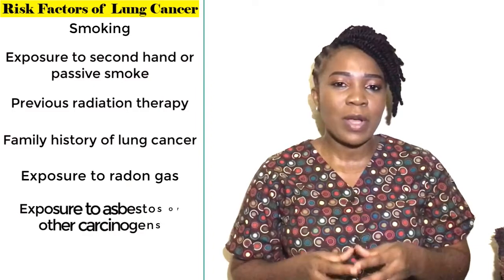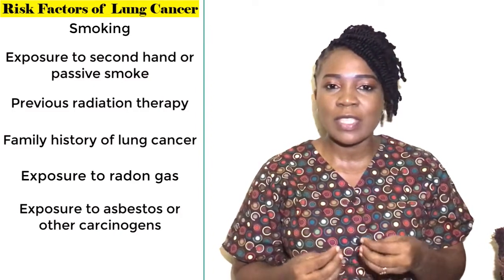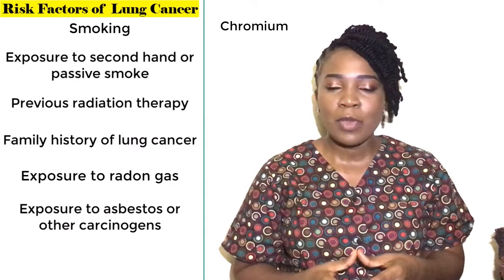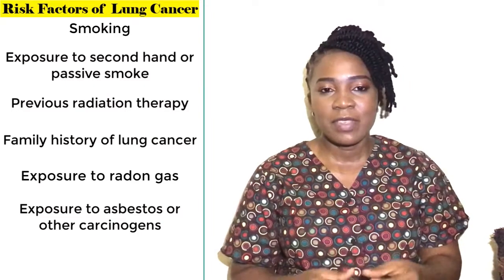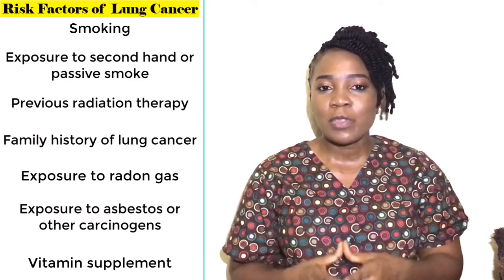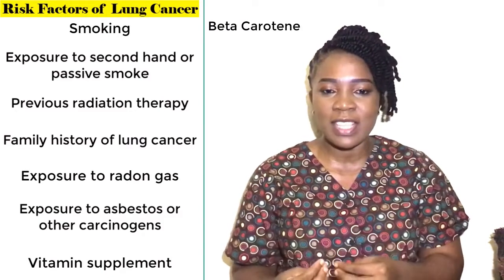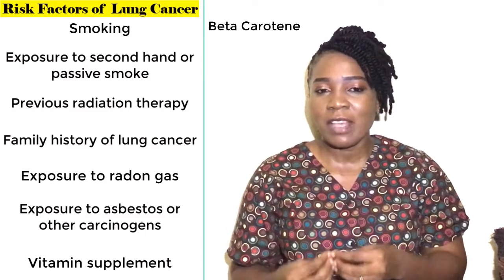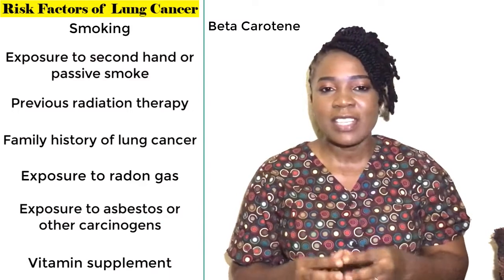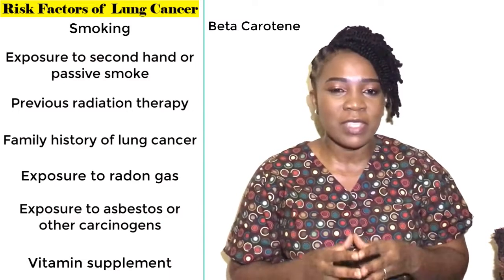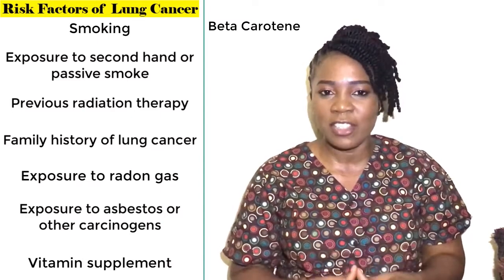6. Exposure to asbestos or other carcinogens. Workplace exposure to substances known to cause cancer such as arsenic, chromium and nickel can increase your risk, especially if you're a smoker. 7. Vitamin supplements. It was once thought that a vitamin supplement like beta-carotene could reduce the risk of lung cancer in heavy smokers. But there is substantial evidence now that taking beta-carotene increases lung cancer risk, especially in smokers who smoke one or more packs of cigarettes a day, and higher in smokers who have at least one alcoholic drink each day.